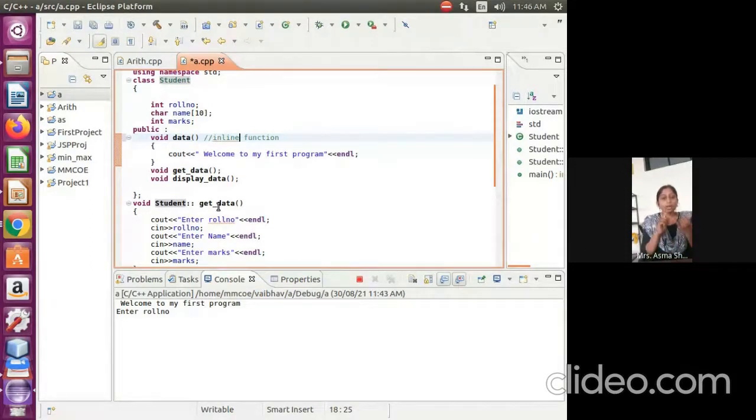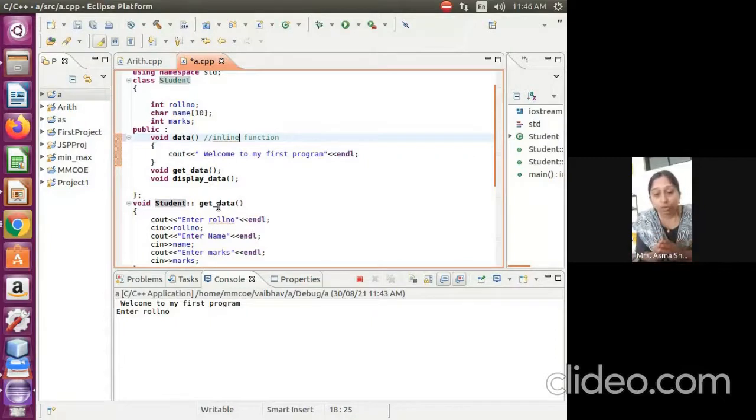So today we learned how to create a class, how to add member functions and member variables, and access specifiers: public, protected, private. We learned about inline functions today. We learned about the scope resolution operator, so if we create a function outside a class, how we can create it using the scope resolution operator. We also learned about array of objects today. So we learned a lot of concepts today.